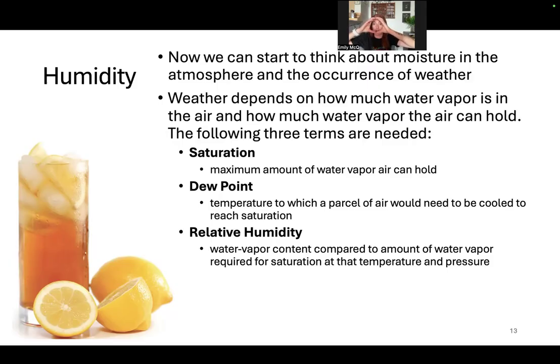if 100 molecules can fit in here as per the dew point, and that is its full saturation, if we put 100 water molecules in here, that's 100% humidity. If, based on this dew point, only 50 water molecules are sitting in here, that's 50% humidity. And perhaps you're more familiar with the percentages of humidity,